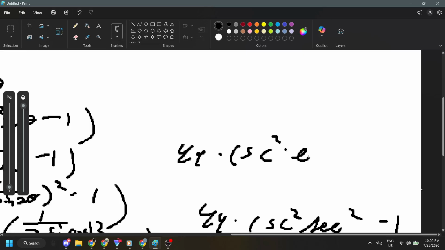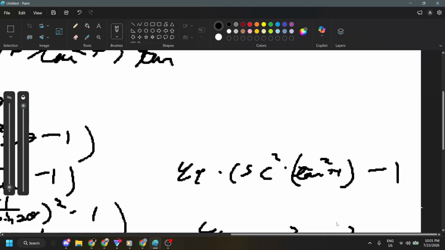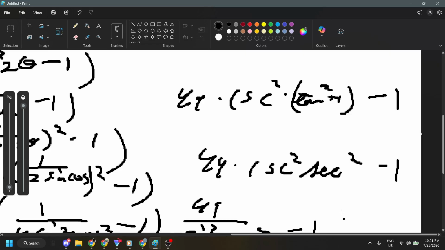So we have tangent squared plus 1 minus 1. This tangent is the same thing as sine times secant. It's something that's sine over cosine. Cosecant is